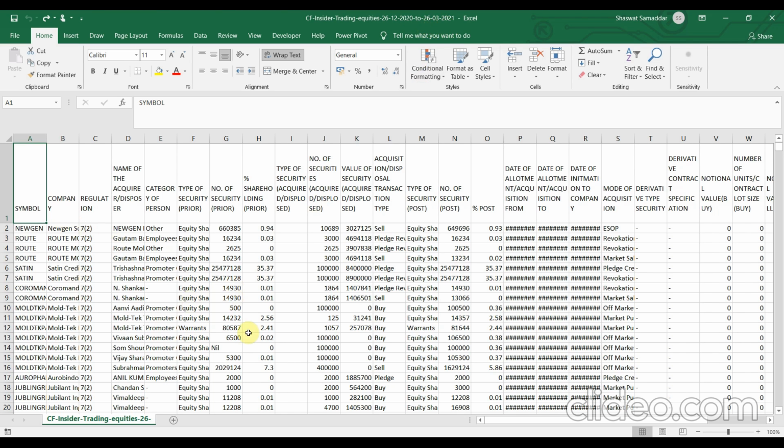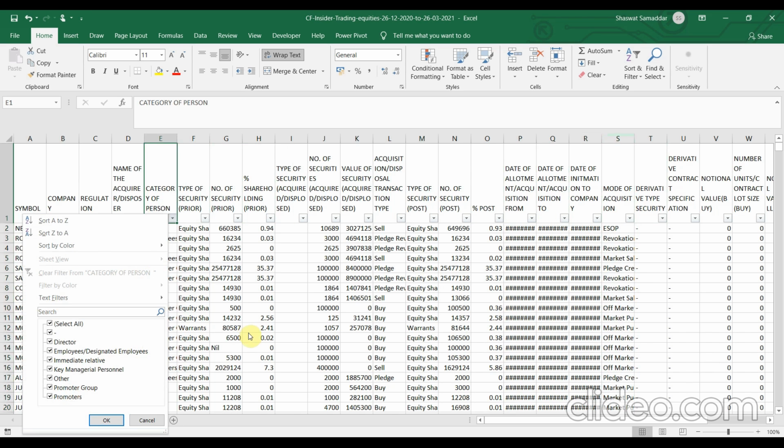Okay, so please don't get too overwhelmed with this huge amount of data present in this Excel sheet. We don't need to crunch each and every number present in the sheet. We will apply some filters before even starting the analysis. So, okay, let me first apply the filters. Now we would be applying filters in two columns, namely the category of person, that is the E column, and second would be the S column, that is mode of acquisition, that has been highlighted right now on my screen. So let's first apply the filter on category of person.